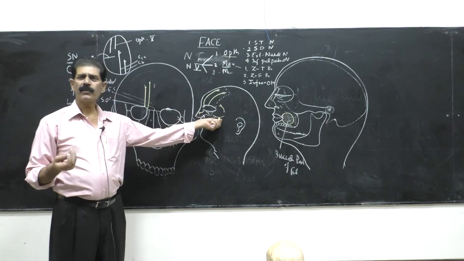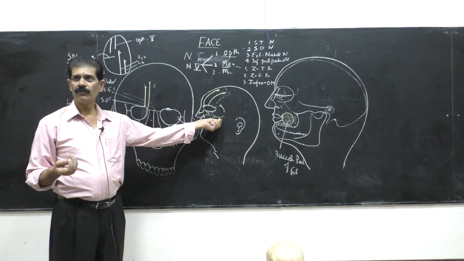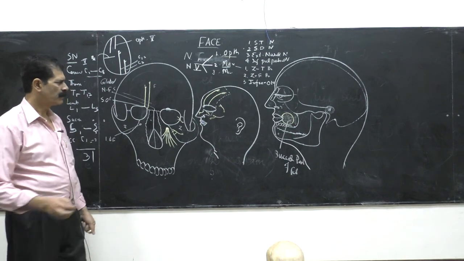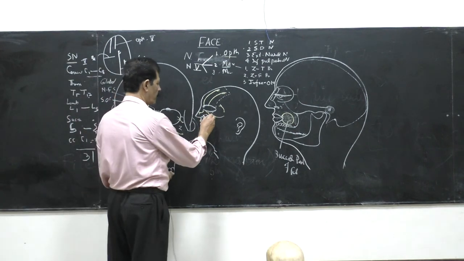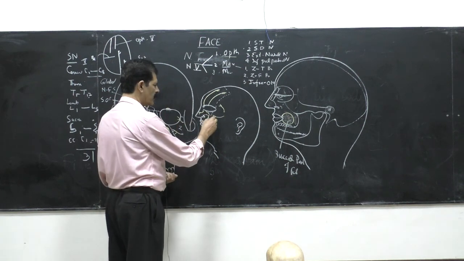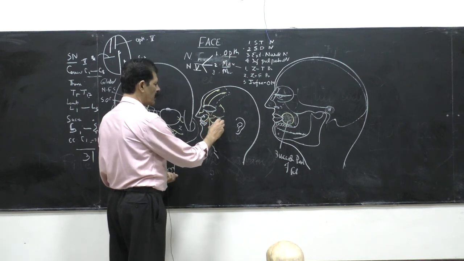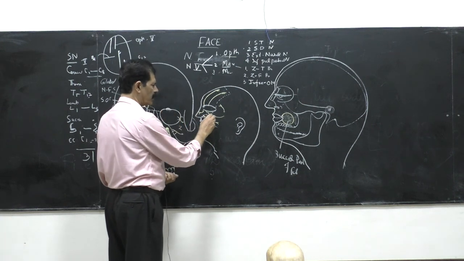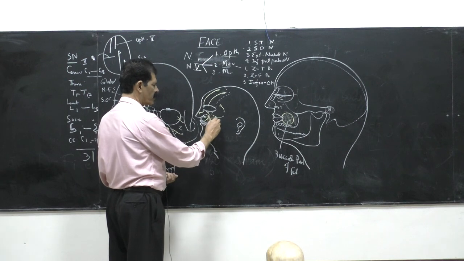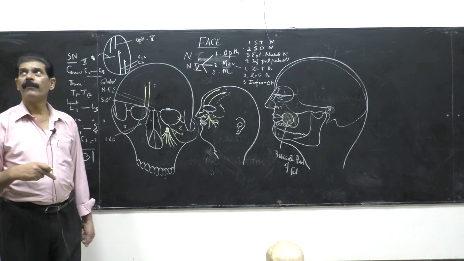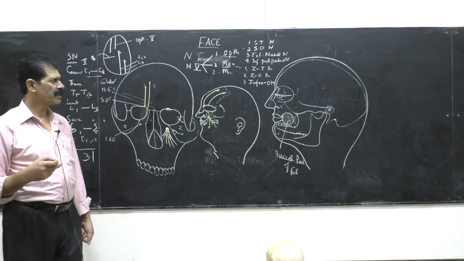Zygomatico-temporal and facial, they are also the branches of the maxillary nerve. So this is how the nerve supplies it. The infraorbital nerve supplies a larger area of the skin over the lips, the skin over the cheek. So this whole area, the ala of the nose skin, is under the infraorbital branches. A large area around the mouth is supplied by the maxillary division with all its 3 branches.